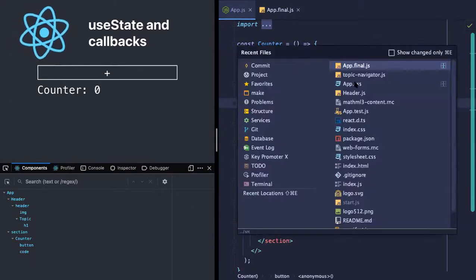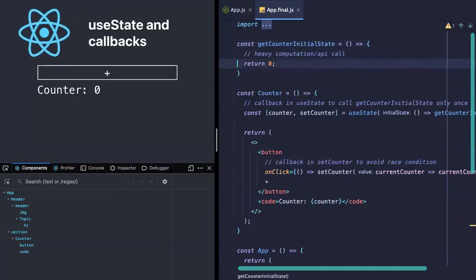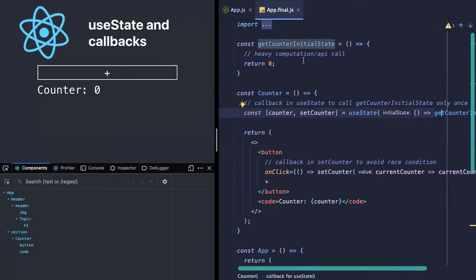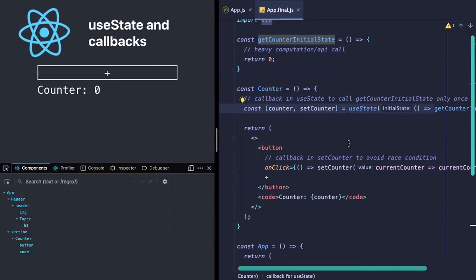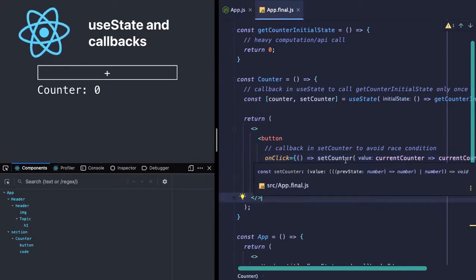We ended up with the final refactored version, where we pass a callback for initializing the value whenever a heavy computation is required, or there is some async operation. In that case, we would want to give a callback to useState. The other callback that we discussed was in the setter itself, where we take the previous value, or the current value, and then update the value. So this is what we discussed in callbacks.